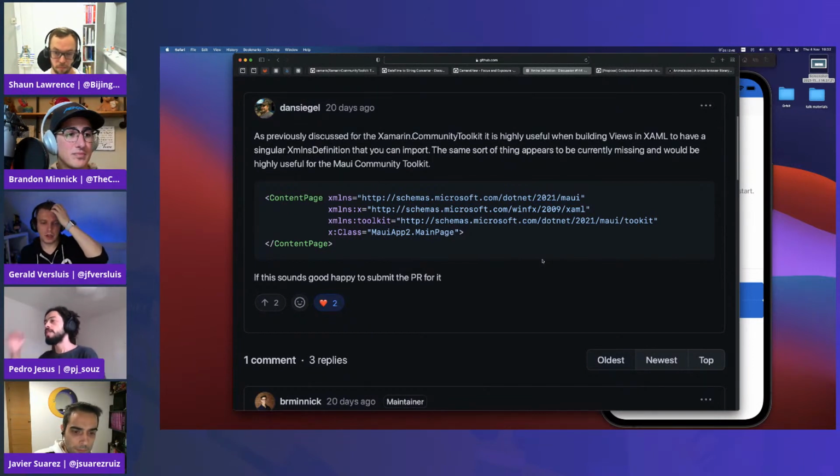Okay. Cool. Yeah, so a little bit more background, it's already half an hour in. A little bit of background on what's actually going on here, because I kind of dove into this. When you're only using XAML, there is no hard reference to any object, if that makes sense. While it is in XAML, XAML is kind of like HTML, right? It's kind of interpreted. So there is no real reference, and because of that, the Mono runtime thinks, hey, I'm not going to load this DLL because we don't have any reference to it. So I'm going to try to optimize this. No one's using it, so I'm not going to load it.